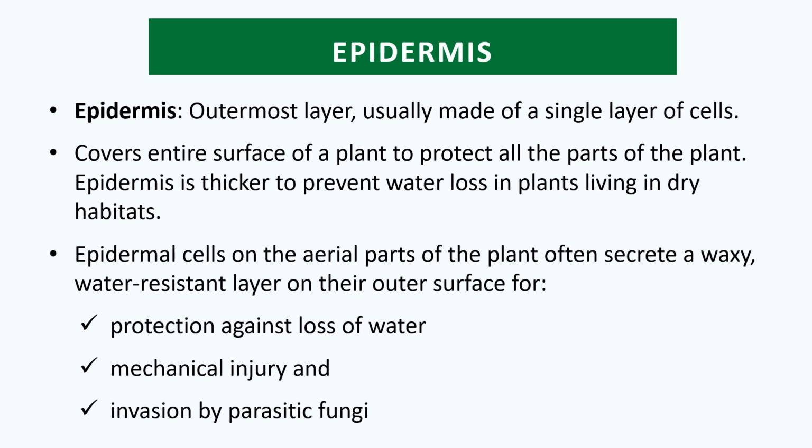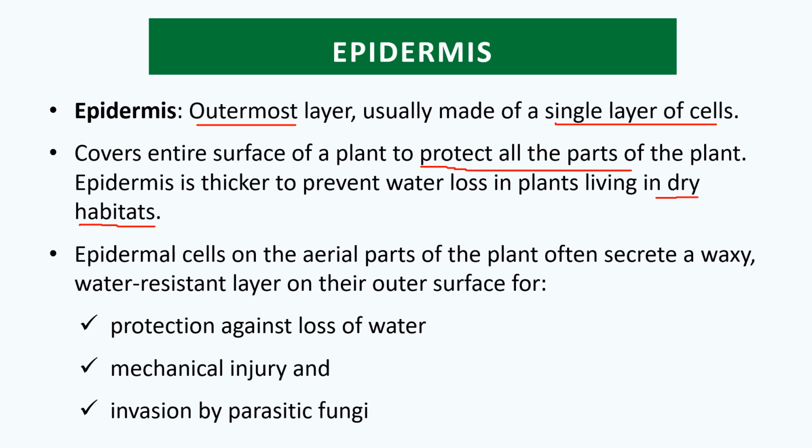Epidermis is the outermost layer। ये प्लांट के बाहर की तरफ एक लेयर होता है जो कि सिंगल लेयर ऑफ सेल से बना होता है। It covers the entire plant surface and therefore it protects all the parts of the plant। ठीक है, ये बाहर की तरफ होता है, पूरे प्लांट बॉडी को कवर कर रहा होता है। सो ये सारे ही प्लांट पार्ट को प्रोटेक्ट भी करता है। And whichever plant is found in a dry habitat, जैसे डेजर्ट में मिलने वाले प्लांट्स होते हैं, because पानी कम है ऐसे लोकेशंस पे, so the plants they would try to retain all the water। वाटर लॉस नहीं कराना, वाटर को रिटेन करके रखना है, क्योंकि बाहर पानी है ही नहीं।